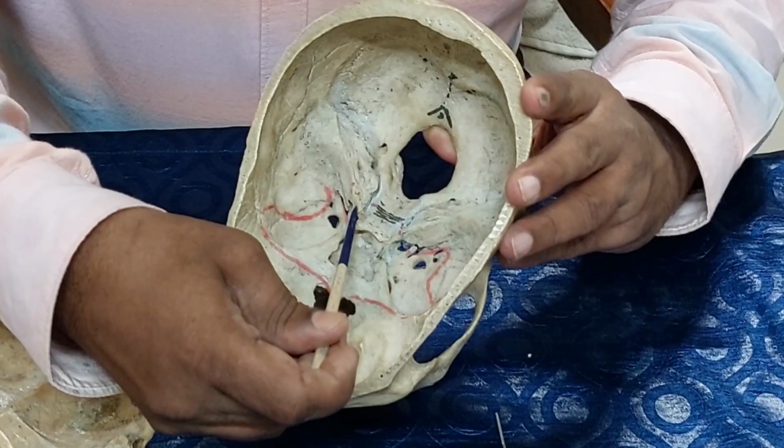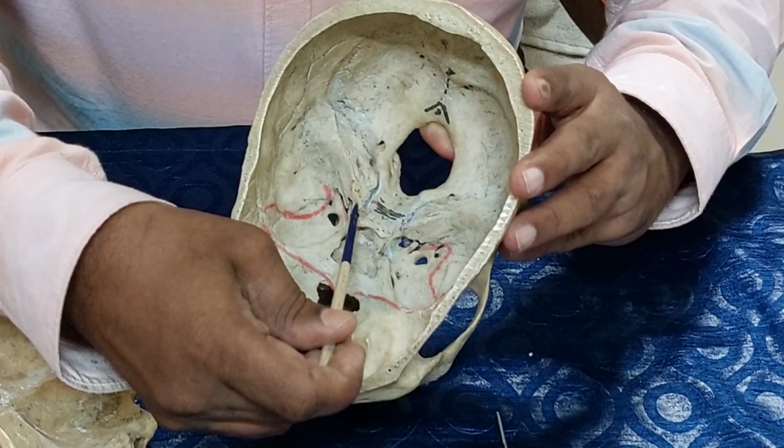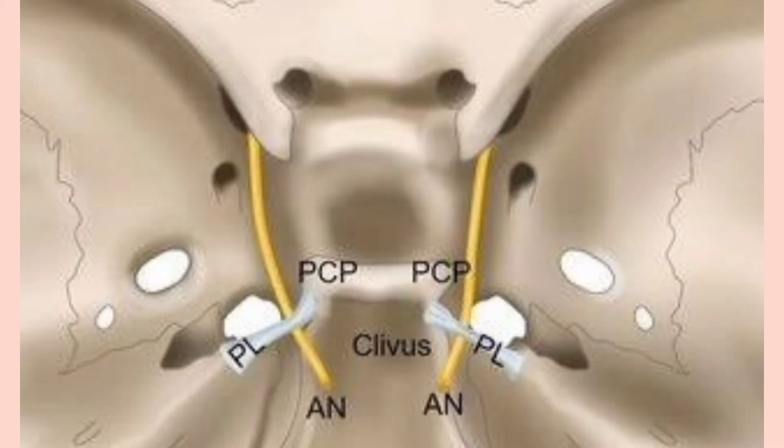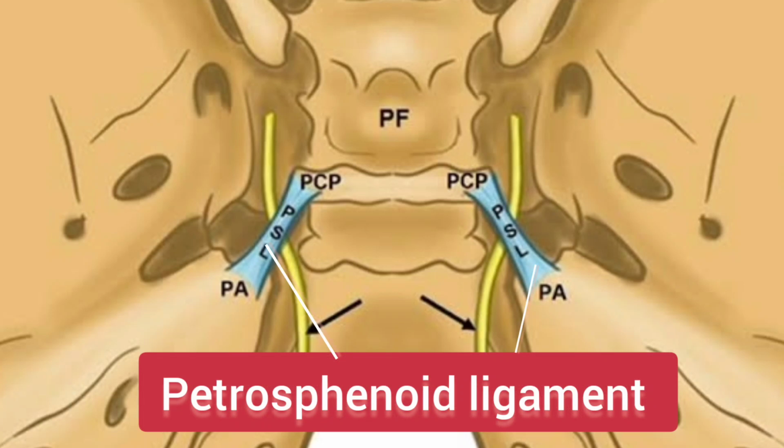So forming a gap deep to this petrosphenoid ligament through which passes the abducent nerve. It is clinically important. Sometimes this ligament presses on the abducent nerve. So the abducent nerve may be trapped in between this bone and the petrosphenoid ligament. If you are asked what is another name for the petrosphenoid ligament, this ligament is also called the petrosphenoidal ligament